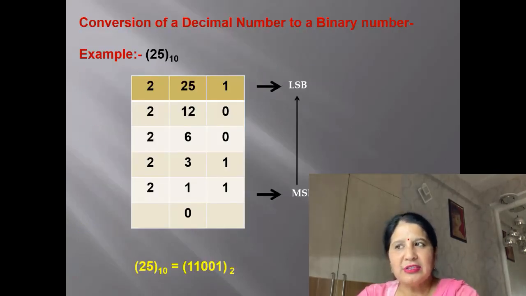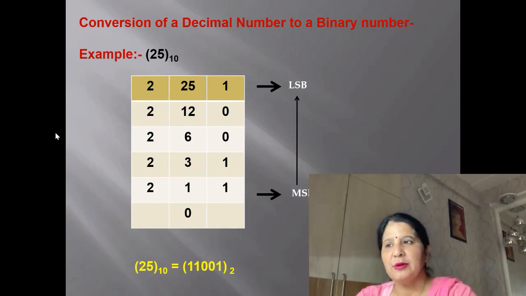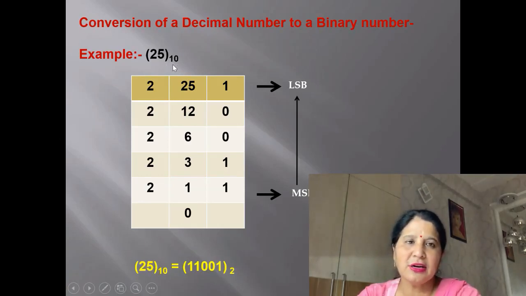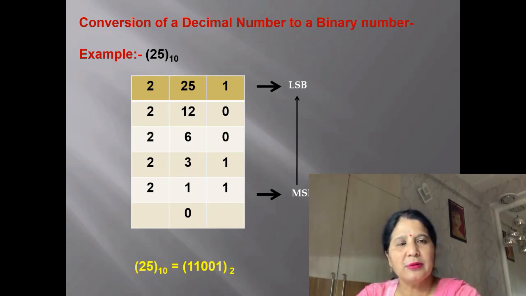Now, first I am explaining conversion of decimal number to binary number. I will explain octal number and hexadecimal in my upcoming video. First, we will do the question based on the conversion of decimal number into binary number. Suppose we have a number 25, the base is 10. It means this is a decimal number. I told you that if the base of any number is 10, it means that number is a decimal number. If the base is 2, it means the number is a binary number. So this is a decimal number.